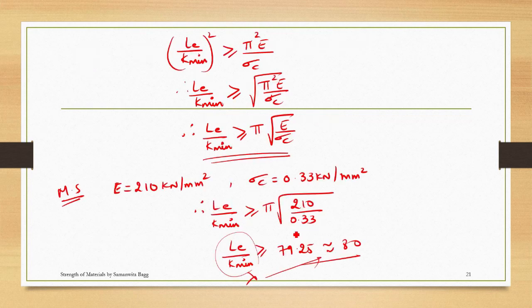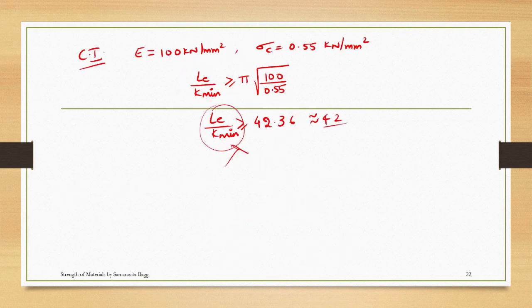And you can understand the same for mild steel. So if I am supposed to design a column which contains mild steel, I will be checking its slenderness ratio. If it is greater than 80, then according to Euler's formula, this will fall under a long column and accordingly I'll have to design the load such that my column doesn't buckle. So with this I end this session on Euler's limitation.